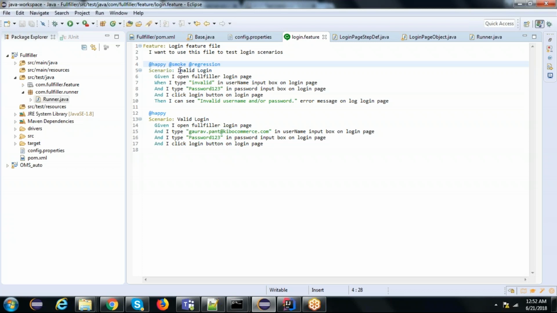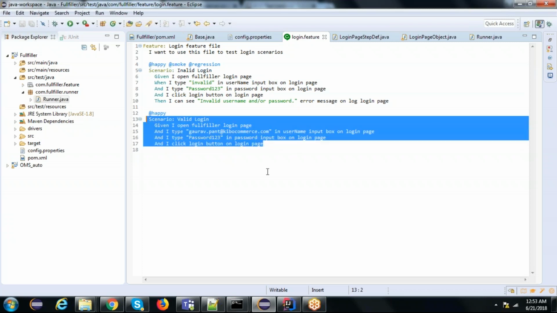As you can read, this is the format of the BDD framework. It says: given I open the fulfiller login page, when I type invalid in the username input box on the login page, and I type password 123 in the password input box on the login page, and click on the login button on the login page, then I can see the invalid username password error message on the login page. Here we are validating an invalid scenario, and my next test case validates a happy path,